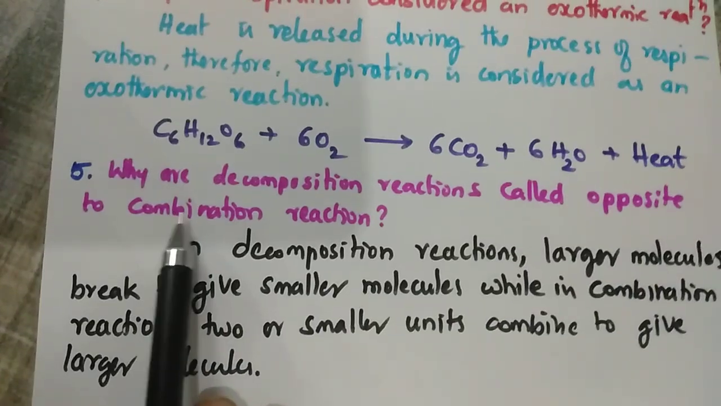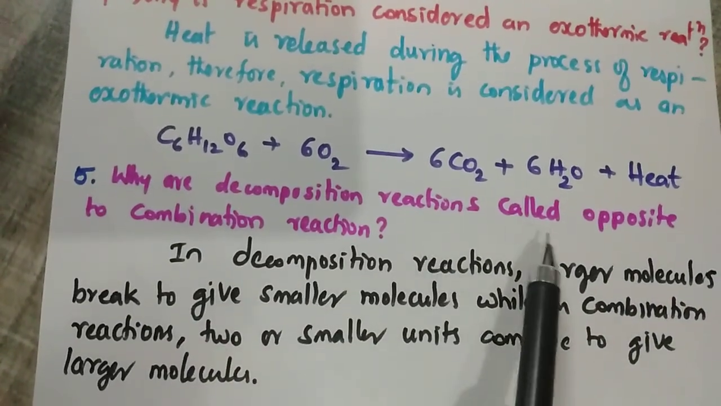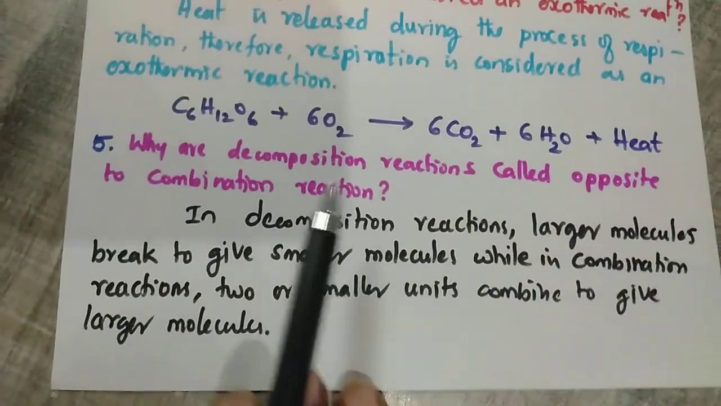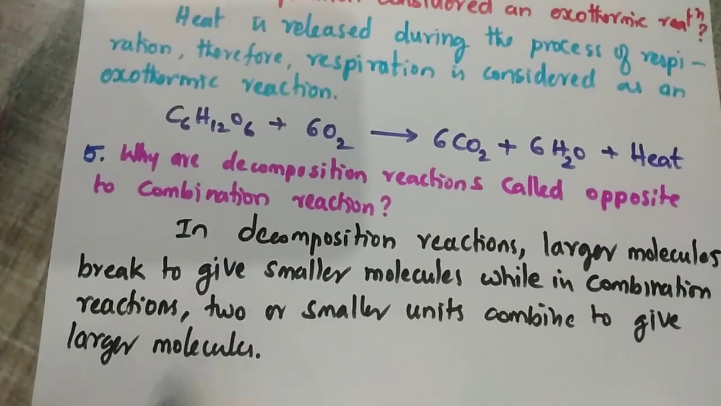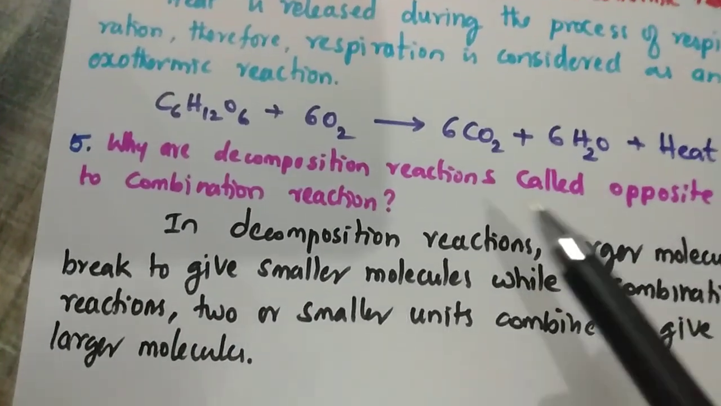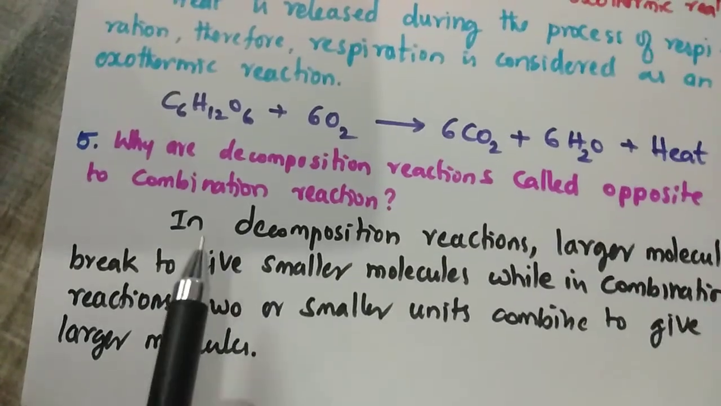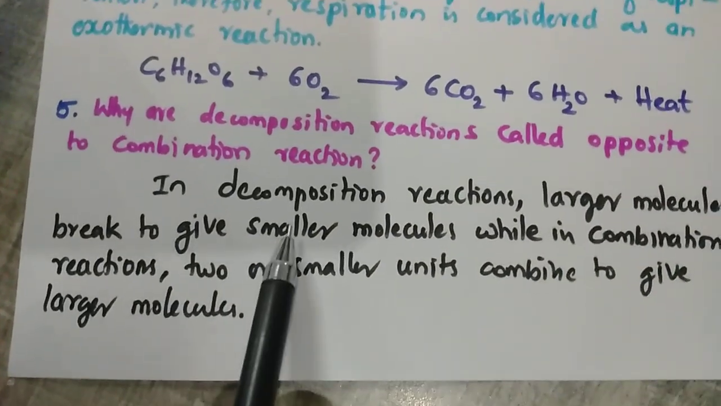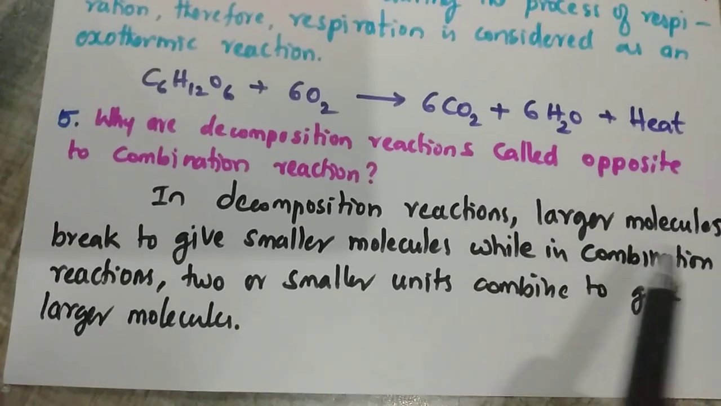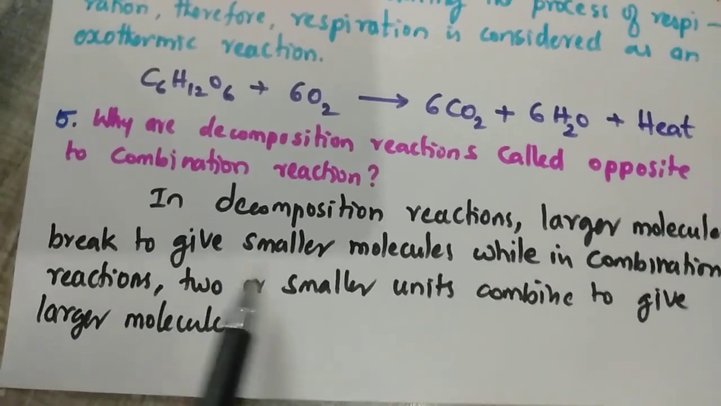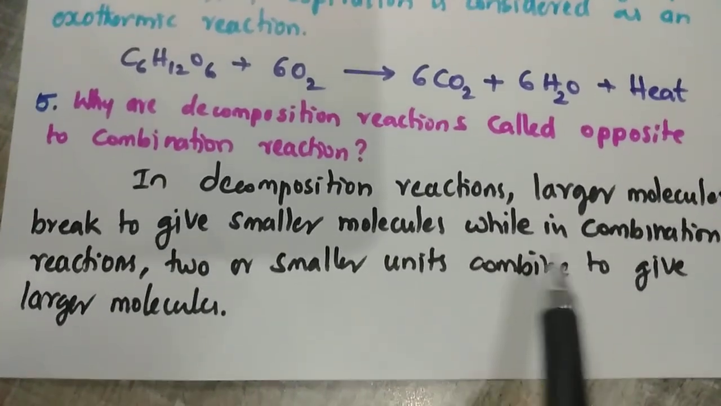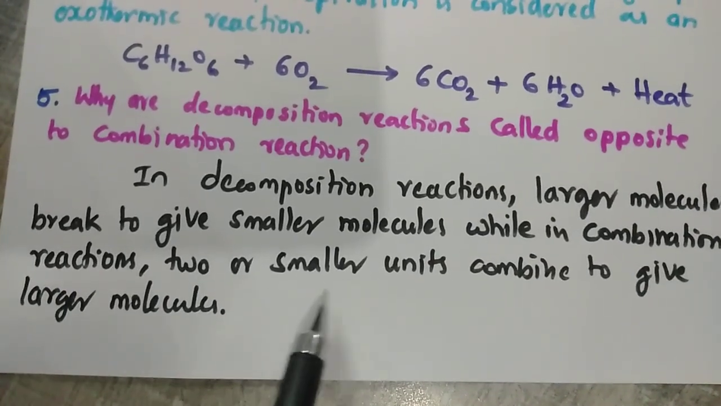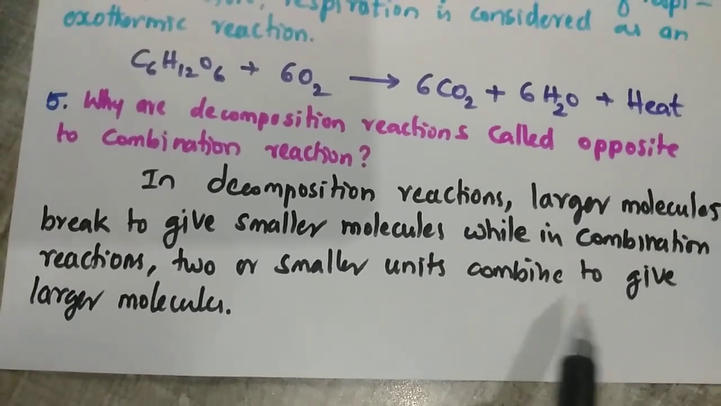Why are decomposition reactions called opposite to the combination reaction? So we have learnt about the decomposition reaction and combination reaction in earlier class. So they are saying decomposition reaction is opposite to combination reaction. Why? They are asking. See, in decomposition reactions, larger molecules break to give smaller molecules, while in combination reactions, two or more smaller units combine to give